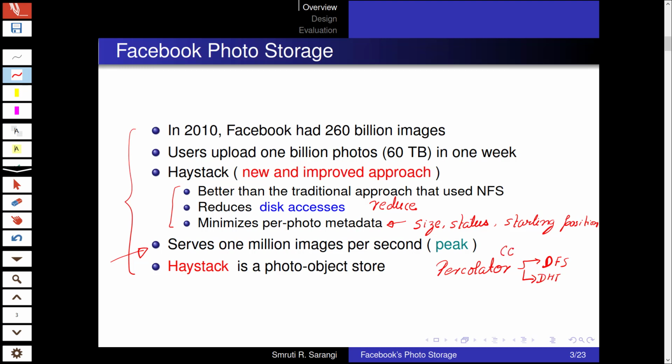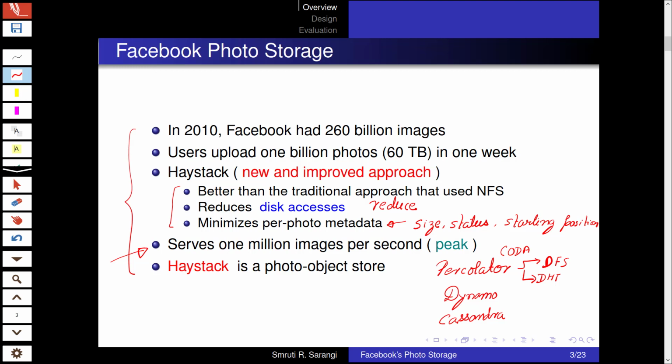We have also seen Coda, which is a distributed file system. And then we have discussed Dynamo, which is again a one hop DHT. And then we discussed Cassandra, which was for the inbox search problem. Of course in the inbox search we are looking at small messages, not large photos.